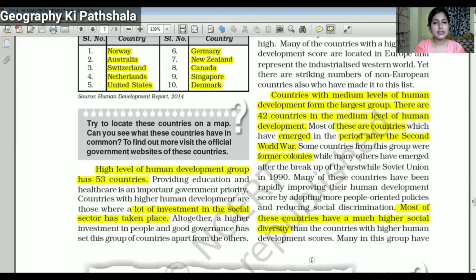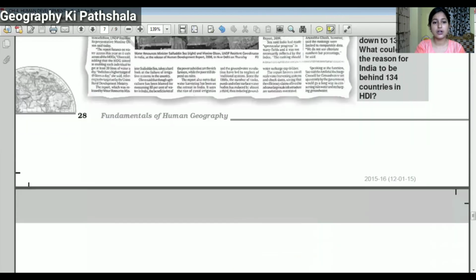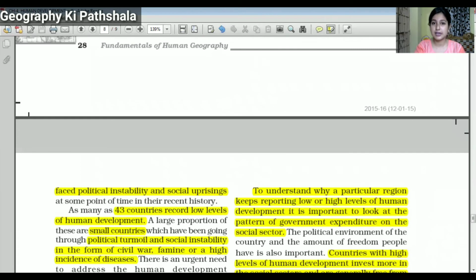And basically in these types of countries, you will see there is much higher social diversity, and all kinds of political instability or social uprising. And this is also one factor behind why all these countries are falling under the medium